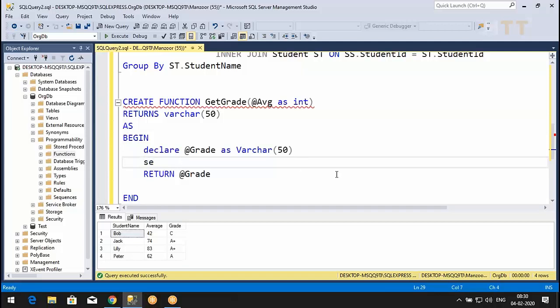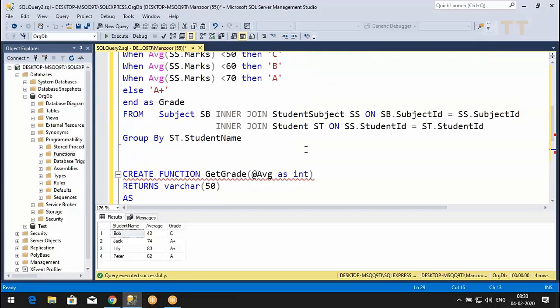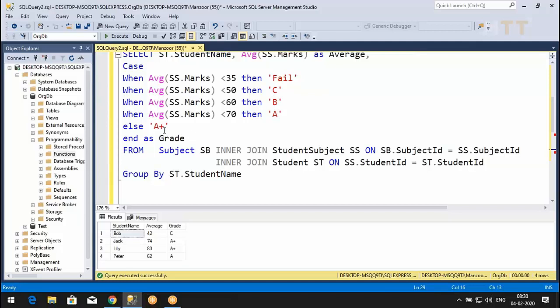To apply logic, I'll say set @grade equals to this logic, case to end.